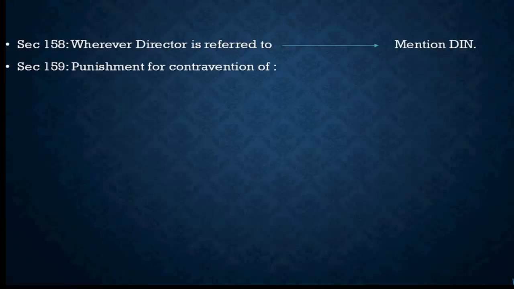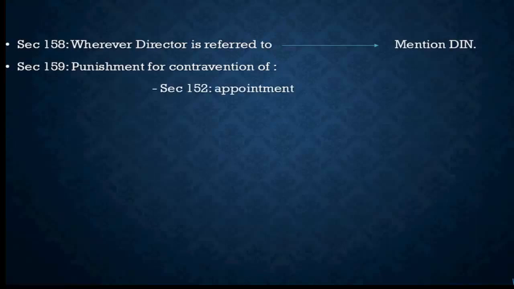And now in section 159, we talk about the punishment for the contravention of the above sections. But since we are talking about the punishment to the director, the sections that refer to the other entity, like for example the section referring to the CG allotting DIN within 1 month, section 154, or the company intimating to the ROC, section 157, these sections will not be attracted. So the punishment is attracted only for section 152, 155 and 156.